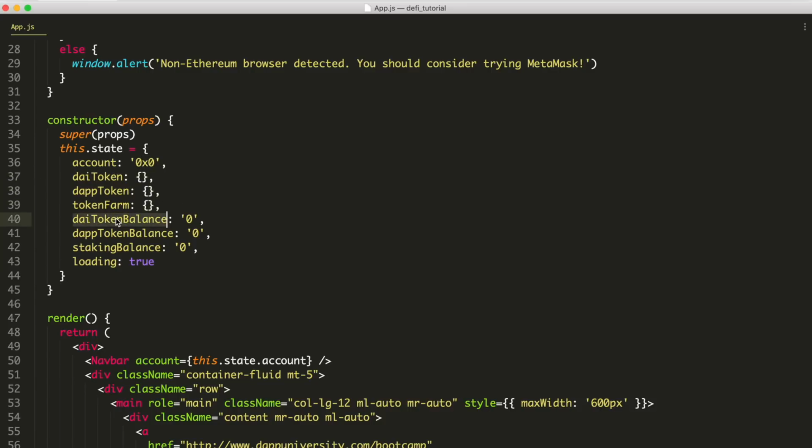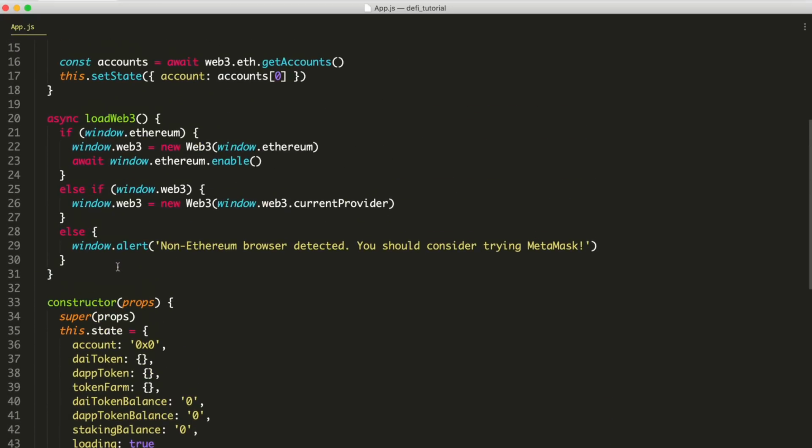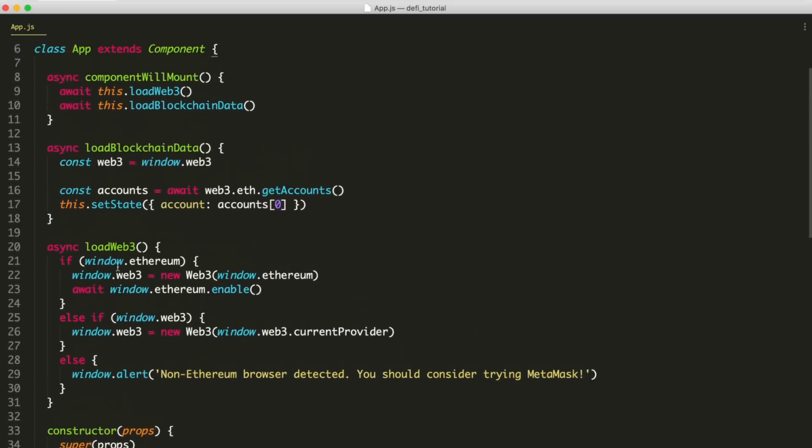And then we'll get the balance, all right, of the user who's connected to the app. We'll fetch their DAI token balance and also their Dapp token balance. Okay, so 2 different token balances. And then the staking balance, how much they've deposited into the app. Okay. And then last, we'll keep track of the loading status. Okay. So I'll show you what I mean by that. So basically, like